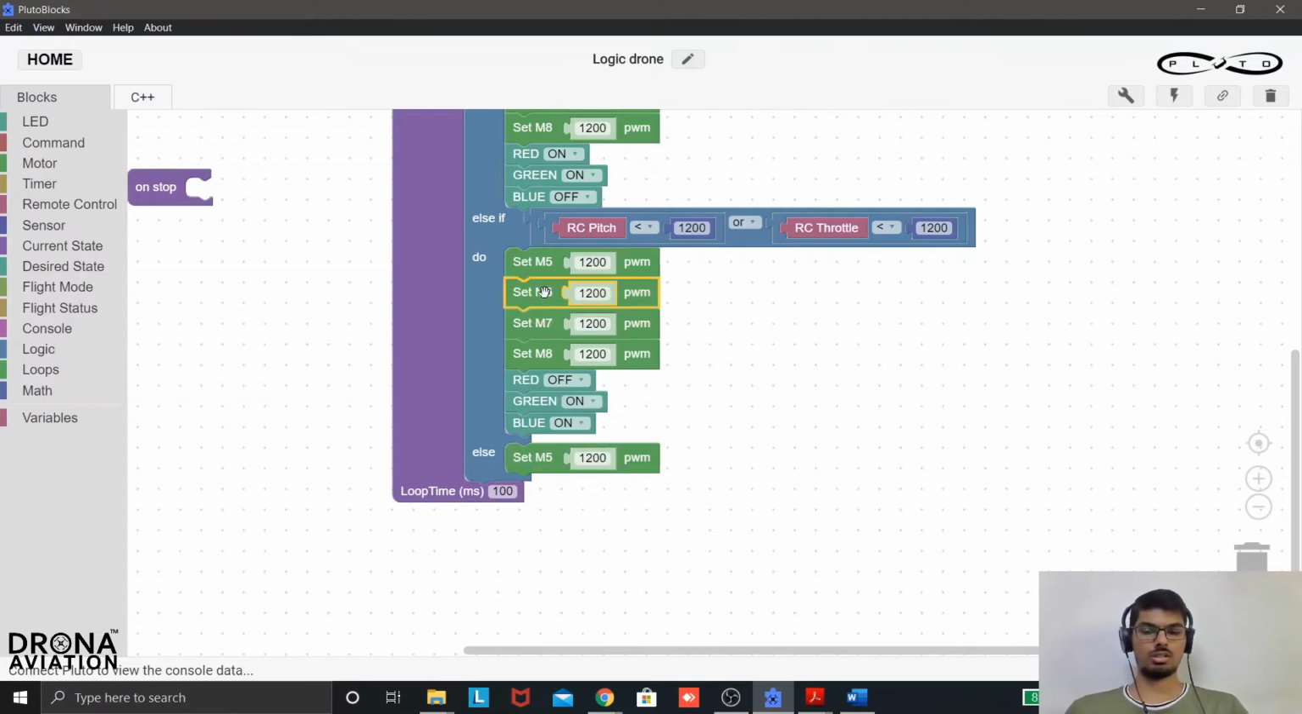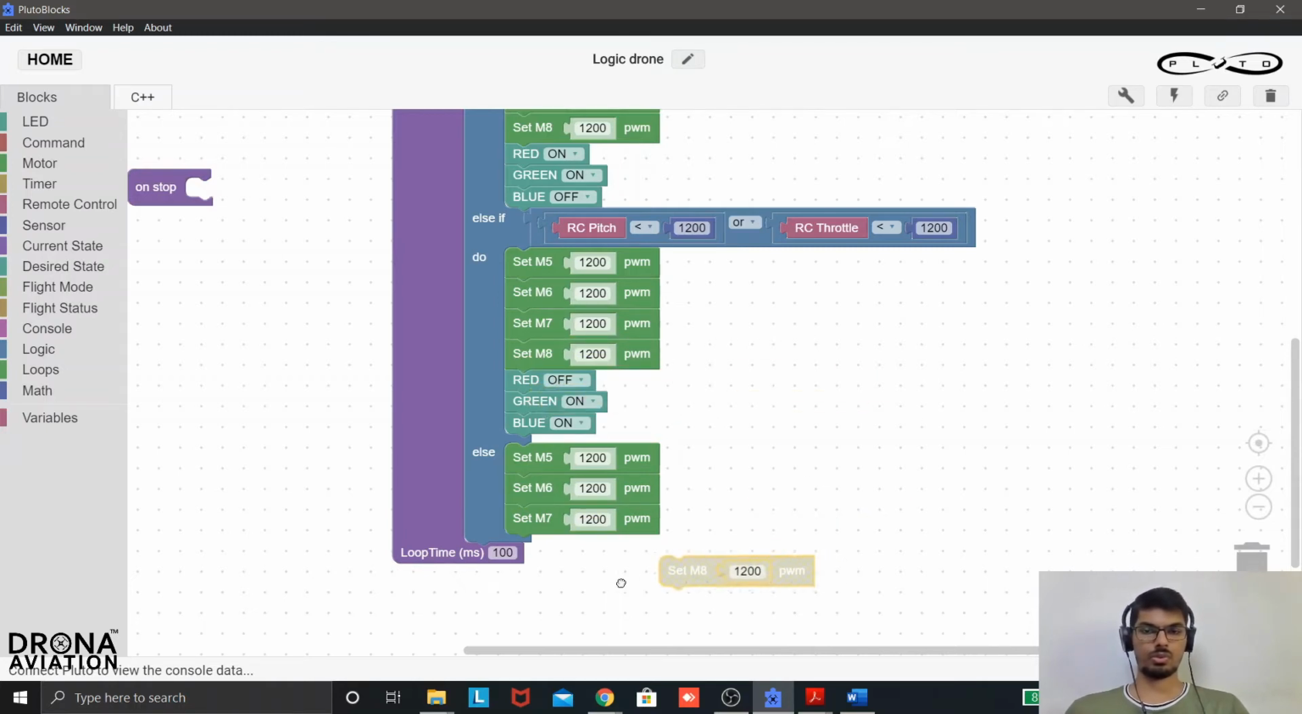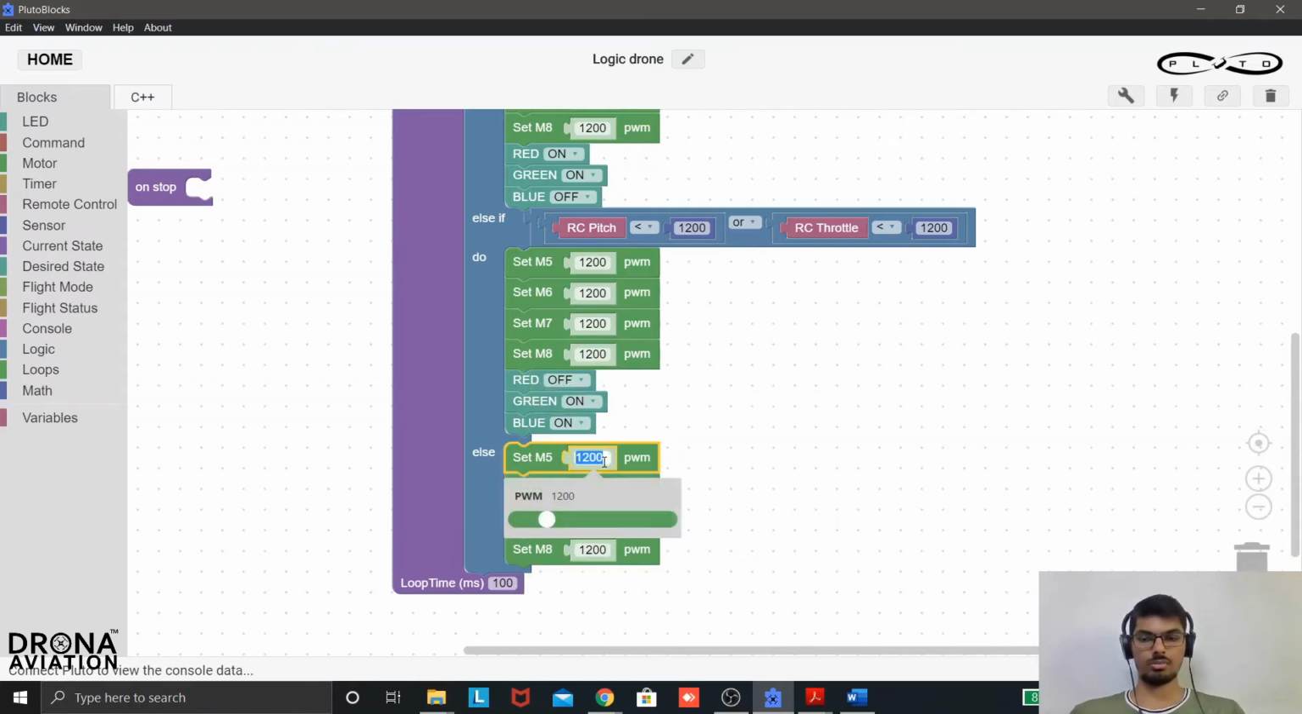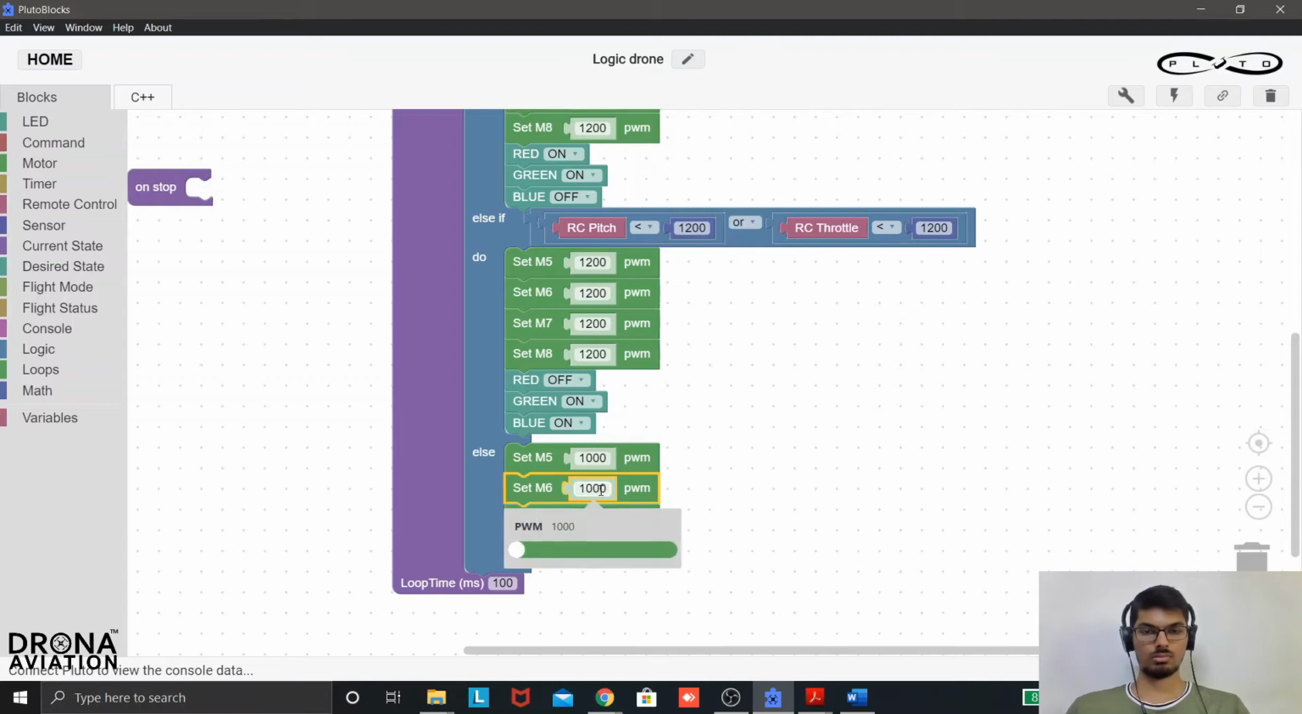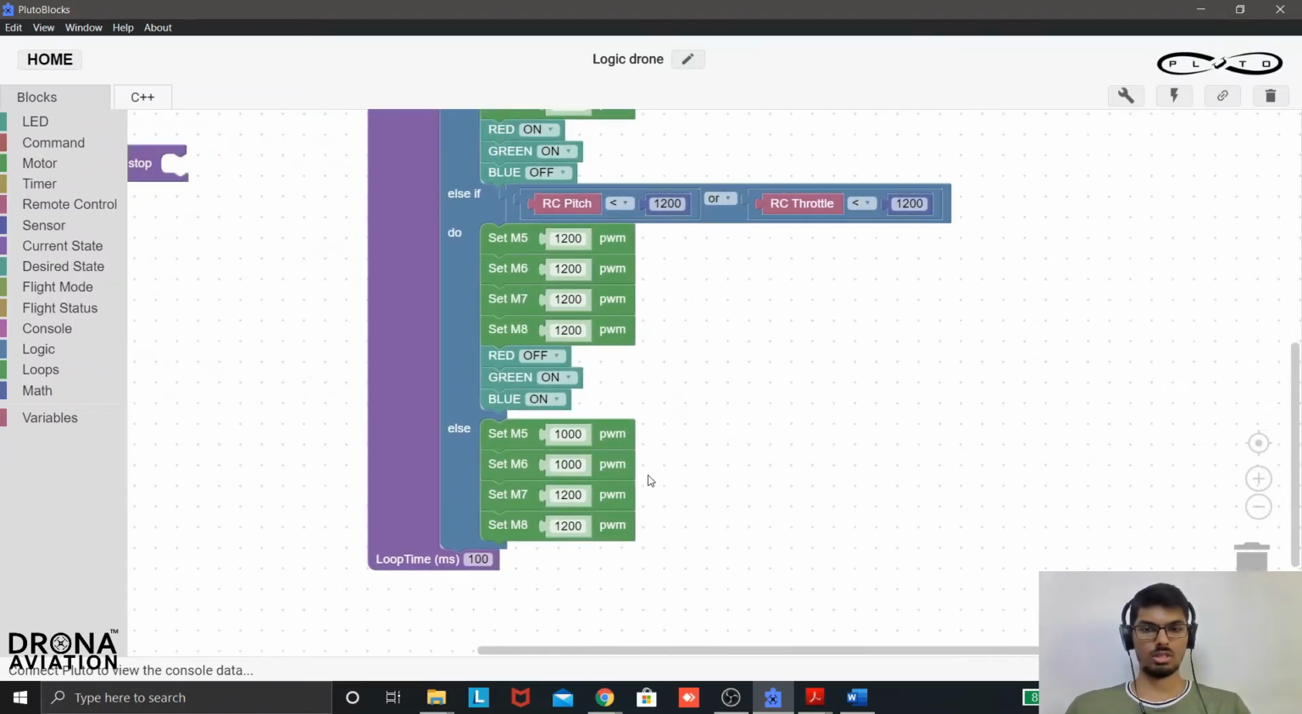So in the else condition, we are going to give the controls to all the motors and set all the numbers to 1000. If you see, I am just setting a very small number and it automatically adjusts to the minimum possible value. That is done. And let me select the LEDs,